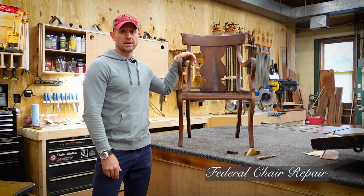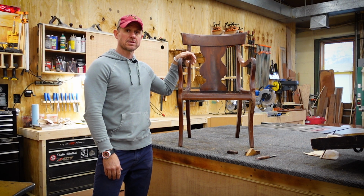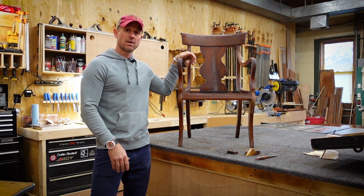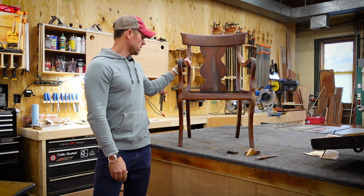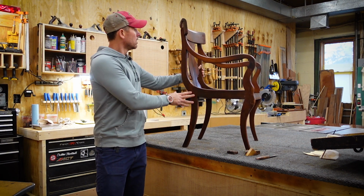The only way to correctly do that is to basically disassemble the full chair. You have to be very careful in that process so that you don't split and break the joints. But basically tap it apart with a rubber mallet. Once you get it fully apart, you can clean the old glue off the tenons, the dowels, or whatever may be inside the joints holding it together. And then at that point, you can reinsert glue back into these joints and then reassemble the chair and leave